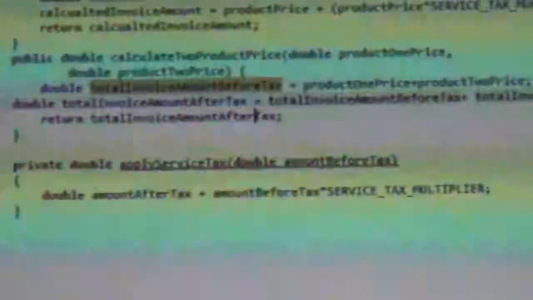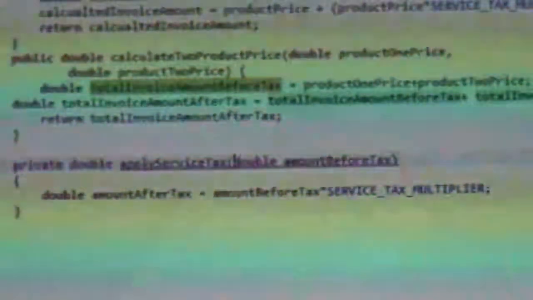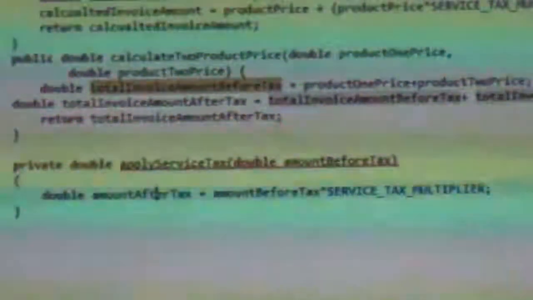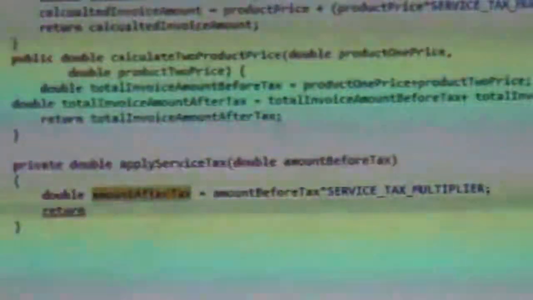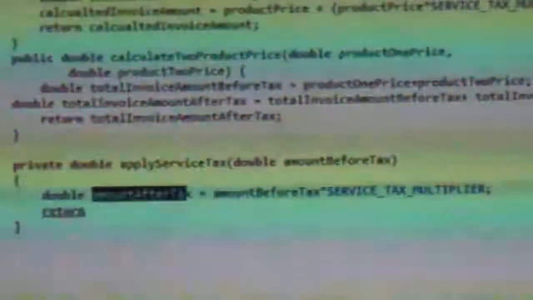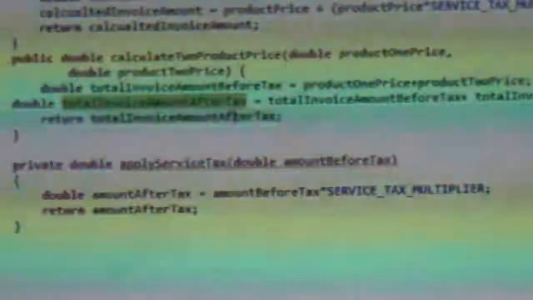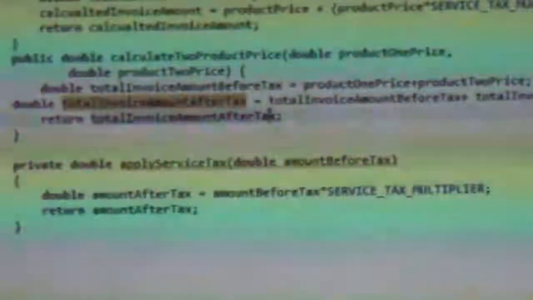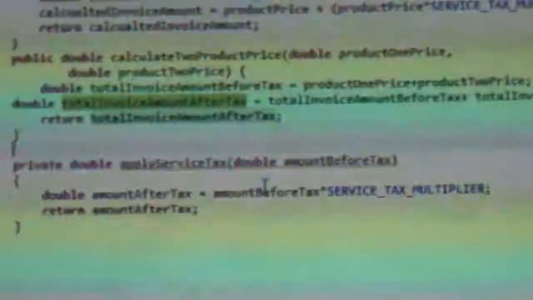And rather than doing all this, total invoice amount after tax should be the return value. It is missing, and if I don't look at them properly, I will forget since I'm not good at debugging. So better I write it here only. So let's apply tax here and remove all this stupid code. So invoice amount before tax should just take this, and let's remove this code.